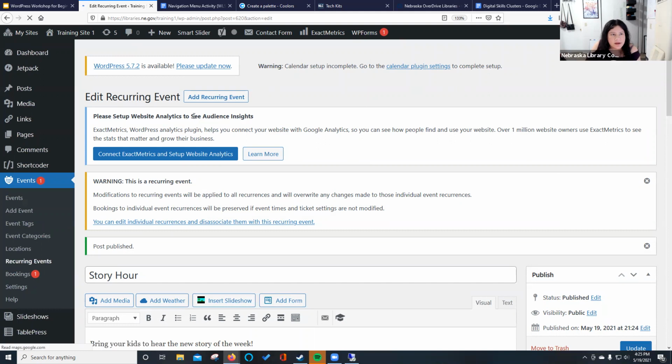All right, so now this is still saving. So you can see that the little 1 showed up because the booking showed up from when I filled out that form during the demonstration earlier. So now it'll let you know that you just did a recurring event and that it's going to show up a bunch of times. So now when we go back into our events,